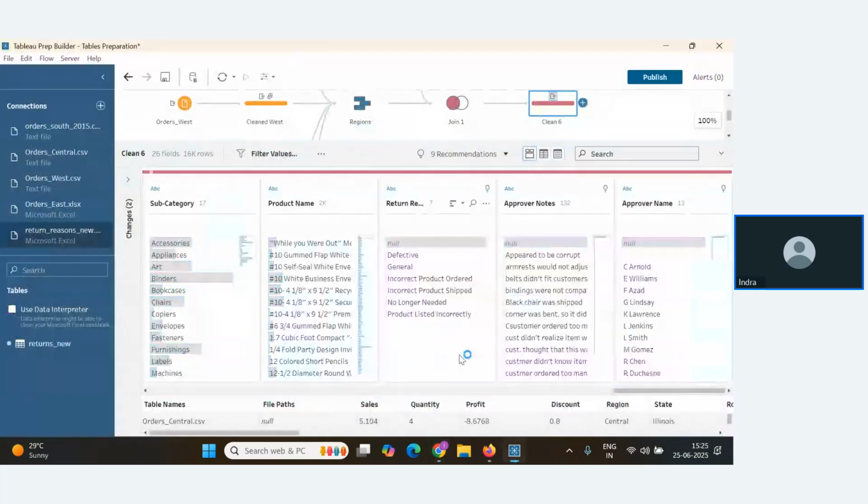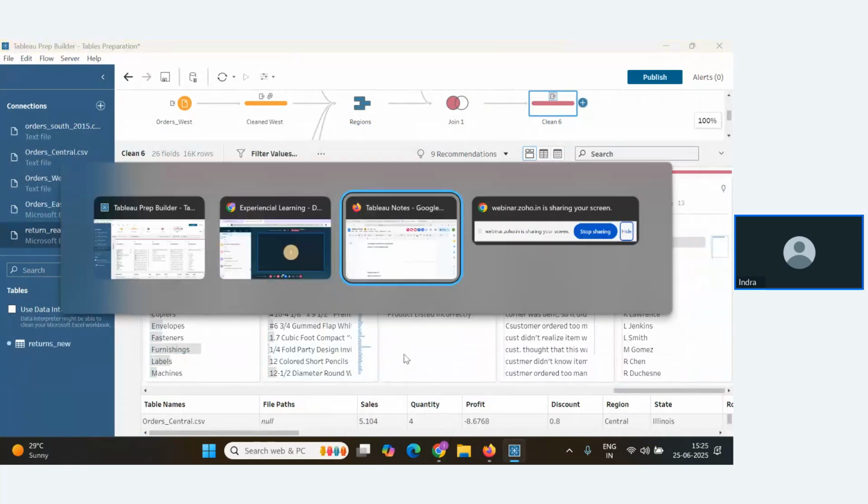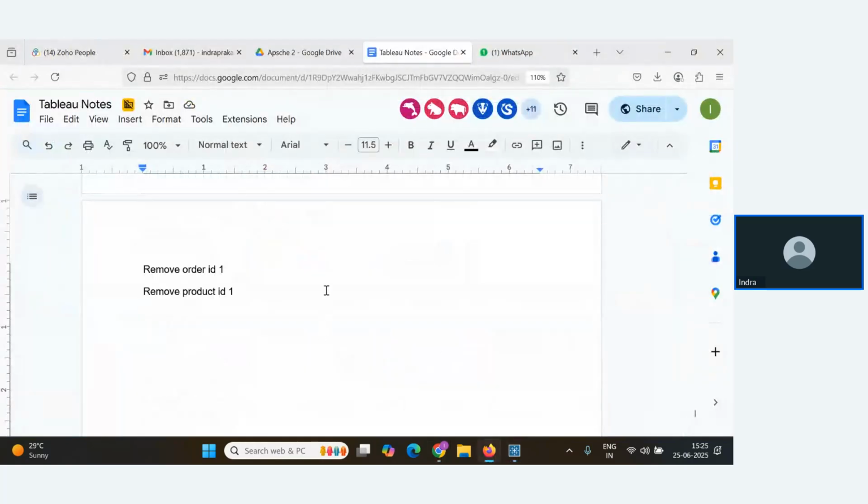So what I will do, I'll create a calculation field here. Basically, I want to create a new column, and the name of the column I will keep as return. I will be having two values inside it, no and yes.